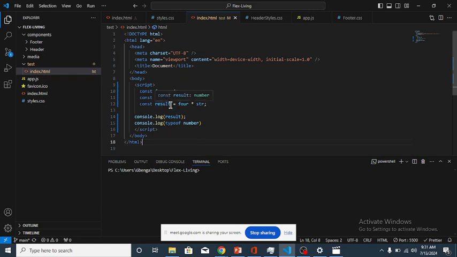Let me put here final output. The result of this operation we are carrying out here, the result of this expression, will be stored inside this final output, which is a variable. And if you check